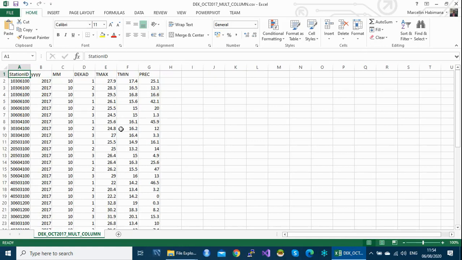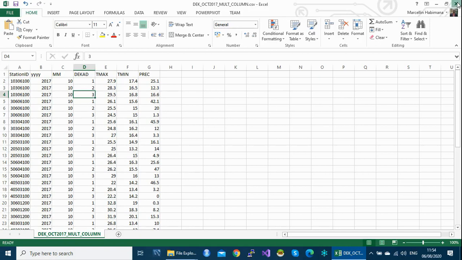Now this is another scenario whereby we don't have a column for element, but we have elements in many columns. So this is decade 1, decade 2, decade 3, and so on. So I'm going to import this type of data using the second method, and then we are going to check if our data will be imported successfully into CleanSoft.